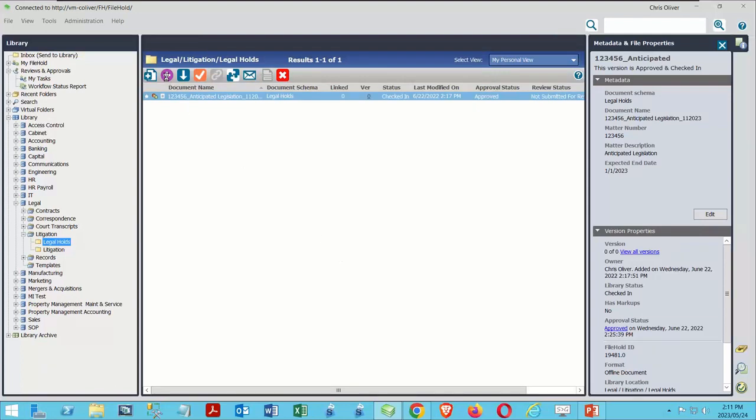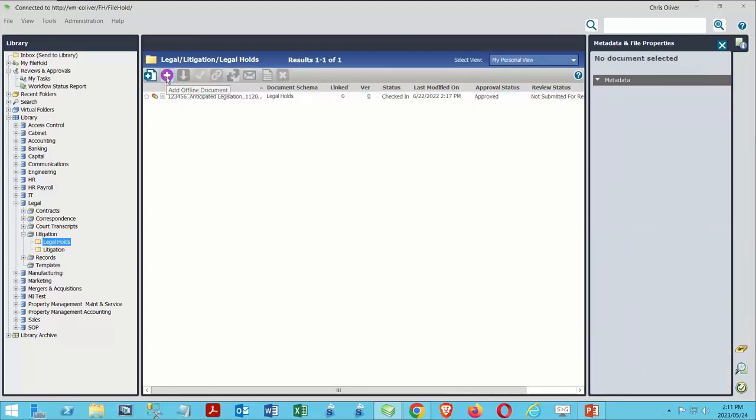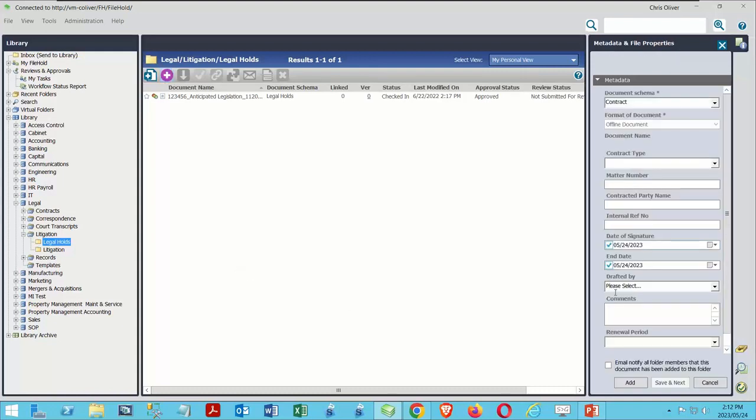So you'll see that there is this purple button up here, and this might be grayed out in your system. If you're using FileHold 17, you might be seeing this from 16.3 on. We added this purple button up here, which is the ability to add an offline document. But in order for this button to be enabled, you need to have a schema that has an offline document enabled to it. So that's why it's giving me this as an option. It may not give it to you, because if you don't have a schema that uses offline documents, it might be grayed out. But in my case, I can click onto this, and then it's going to offer me the